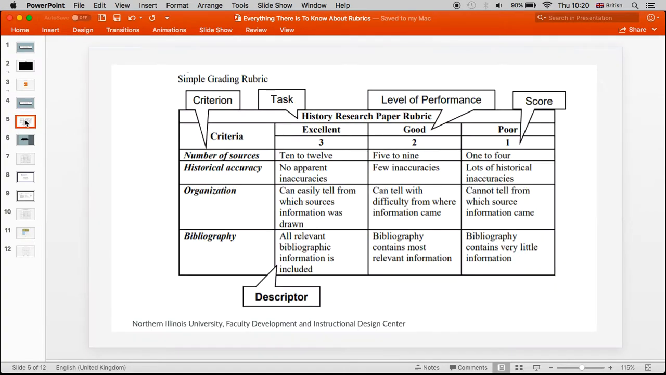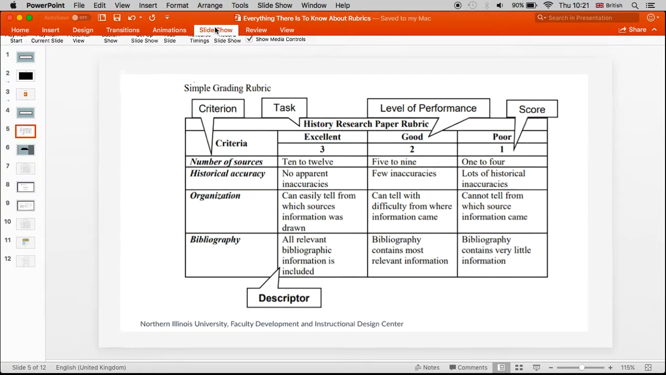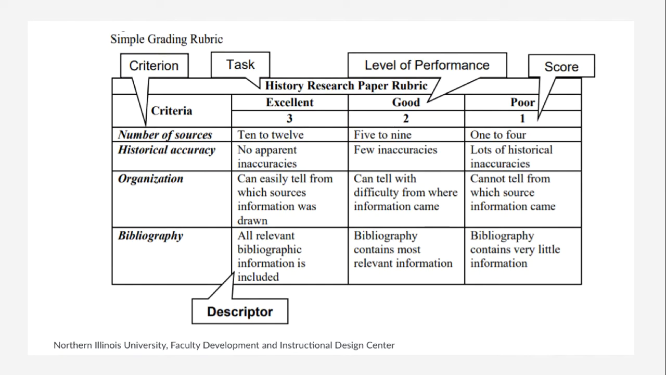Well, let's first take a look at a simple grading rubric like this. What we see here is, let's break it down and really look at what the rubric is. Okay, so what we see here is, what are we assessing? What is the test? What is the assignment? In this case, it's a history research paper. Okay, now